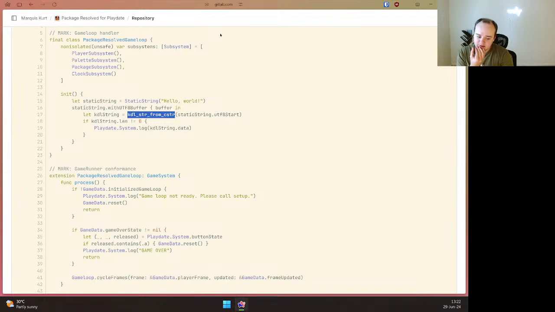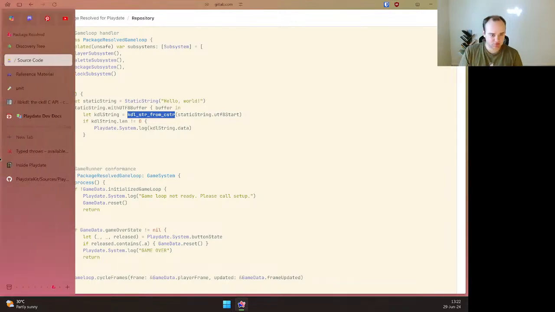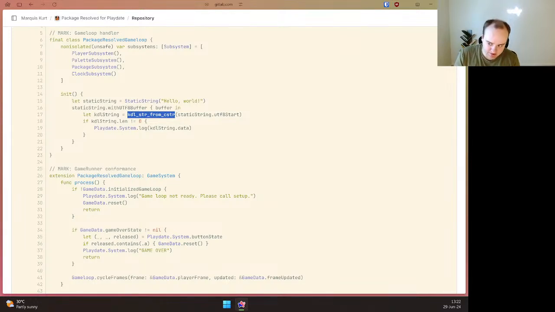Problem is, I don't know if I can just make a random pointer and just call it a day. Ooh. The tricky stuff.